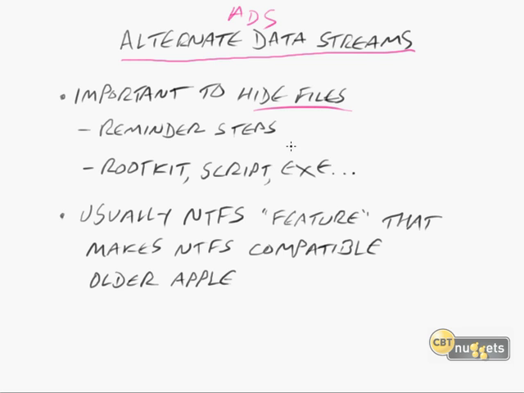It's important to hide the files. There could be a simple text file that gives you reminder steps that show you how you hacked that system originally, or some exploits with multiple steps involved that you might want to review before you try to do anything else to that machine again, or some warnings to yourself, some things that might make that system crash that you want to be aware of so you don't repeat any errors. It could also be a rootkit that you want to hide on the machine, and you want to unleash that rootkit at a later point in time. Or it could be a script that you want to release at a later point in time. So any other kind of an executable, whatever file you want, really, you can just hide that file in an alternate data stream.